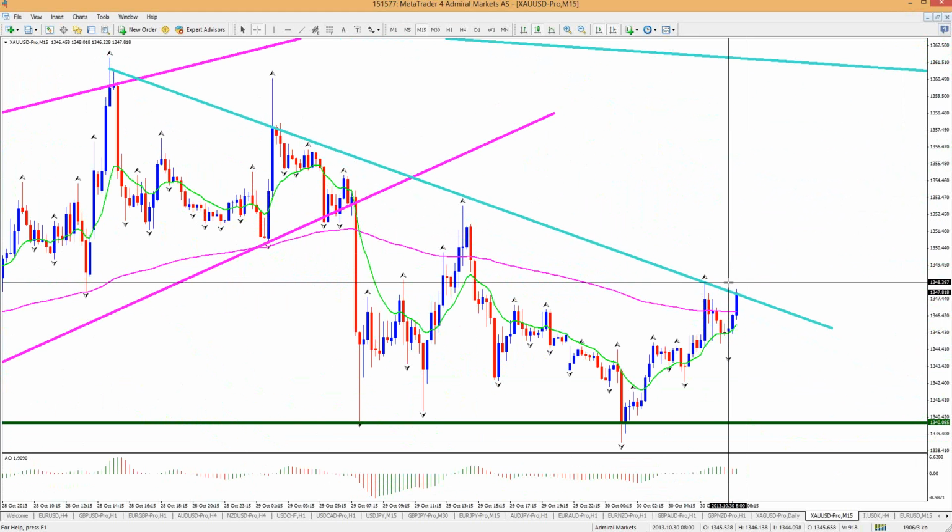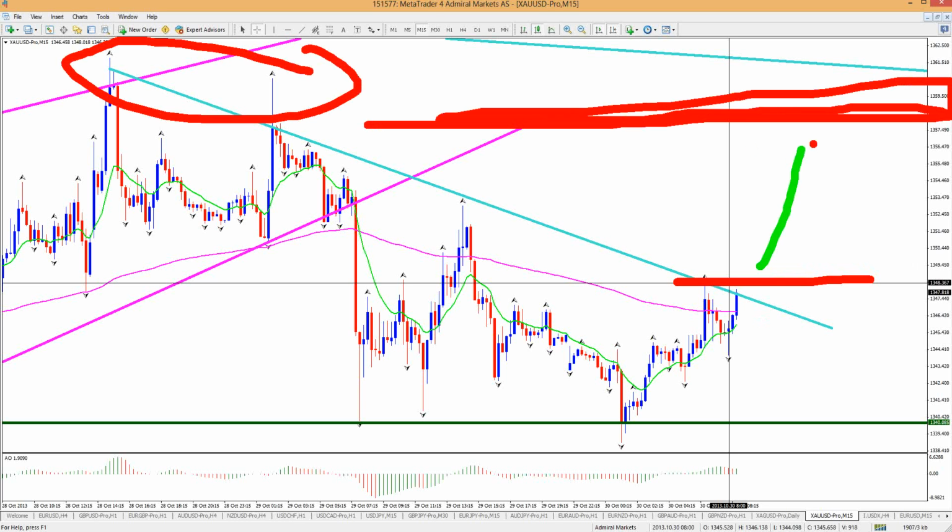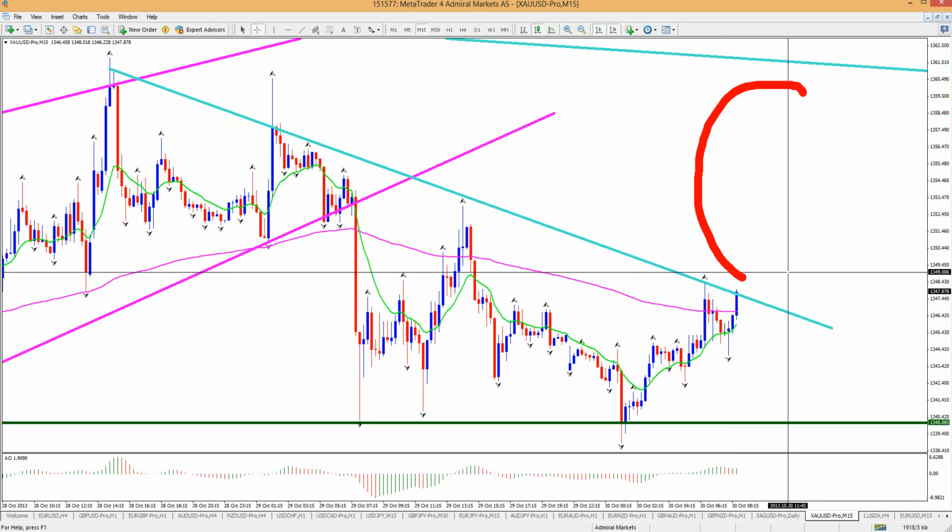So a break above here, maybe a break above 1350, we could maybe see some upside to retest these tops, and that's where I have some doubts that it could break through. At least it will show some respect at that level, and then either break or indeed make a bigger reversal. In any case, the space is a bit tight here, as we can see. And waiting for a break of this line, I would think, is better.